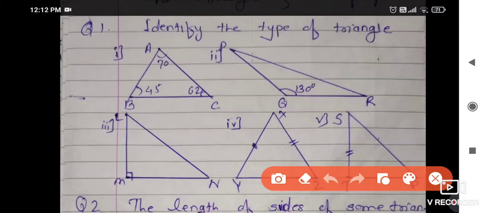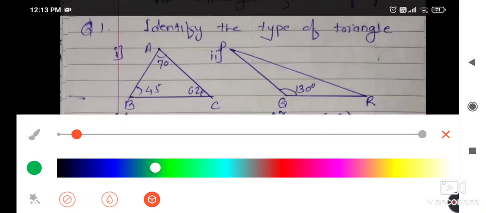Then after that, second property I told you, the triangle in which one angle is more than 90 degree is called an obtuse angle triangle. And if one of the angles of a triangle is 90 degree, then the triangle is called a right angle triangle. These are the 3 types of triangle based on the angles. And